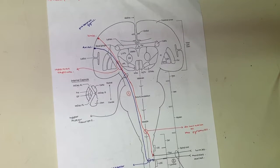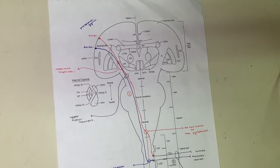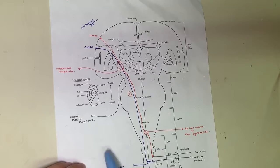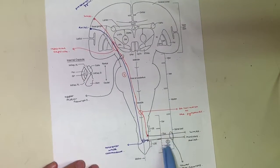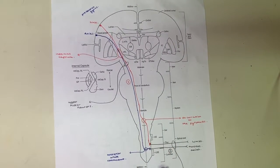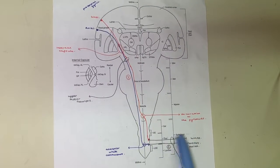And because of some of the connections across the midline, which is here, each side of the brain is responsible for controlling muscles for the limbs on opposite sides of the body, while controlling lower down muscles on the same side of the body. So as you can see, there are only two sections in the corticospinal tract, and the second one is here where the lower motor neurons are, and this is the receptor, the